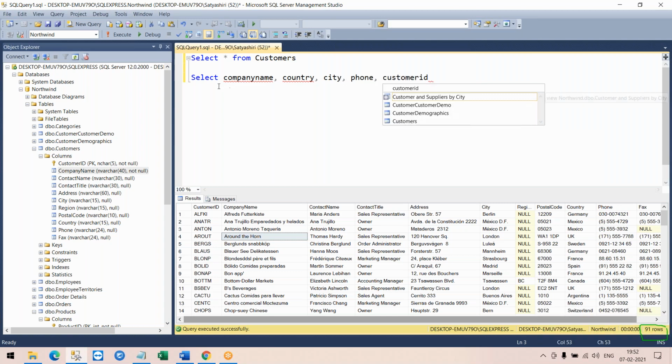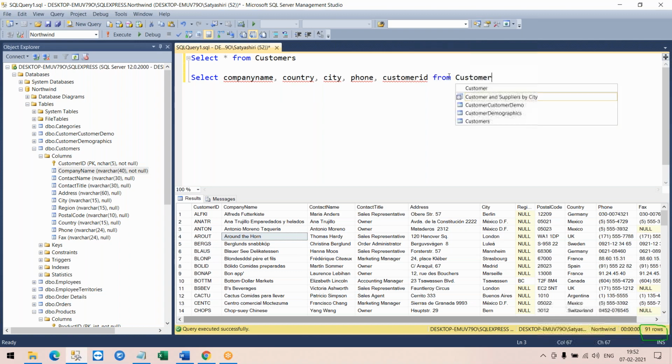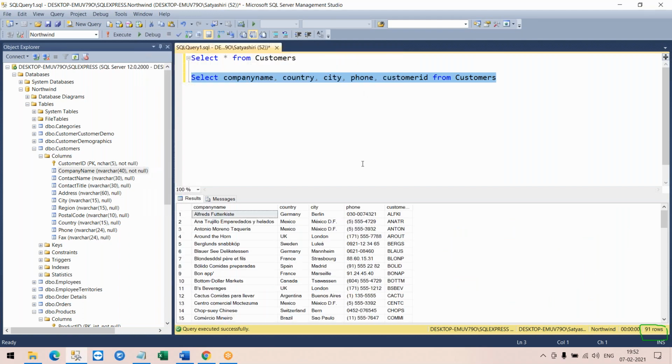I can choose any order from your table, whatever columns I wanted to fetch. It need not be in uppercase, lowercase, it doesn't matter. But the exact name has to match. Company name should be exactly the company name from the customers table. Execute. Now what I'm choosing? I'm choosing what column information I would like to have.